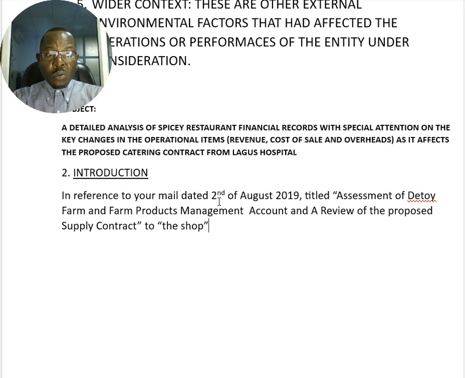Because that's the name they call the entity that is requesting for this review. So just put it this way, comma. You understand it? You know you are writing in reference to. You are only making reference now to what they have given, what you are writing on. All right. You can put a semicolon. Please find below the report